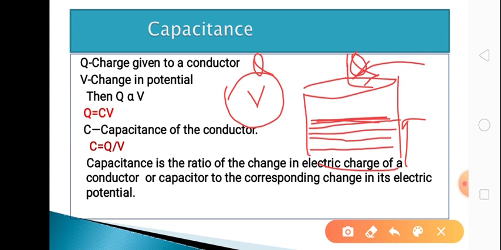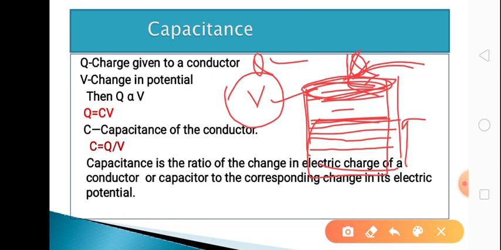You see, what is the factor on which the capacity of this container depends? It depends on the volume. How much water can you add, up to its volume. So the capacity of this container is its volume, which depends upon its dimension, not on the amount of water you are adding or the level increasing. Thus capacitance does not depend upon the charge and the potential, rather it depends upon the dimension.